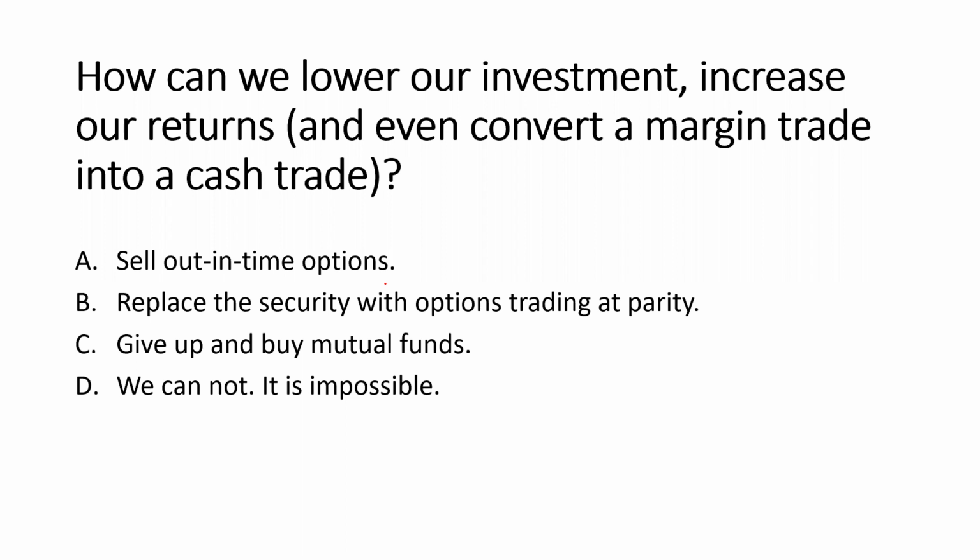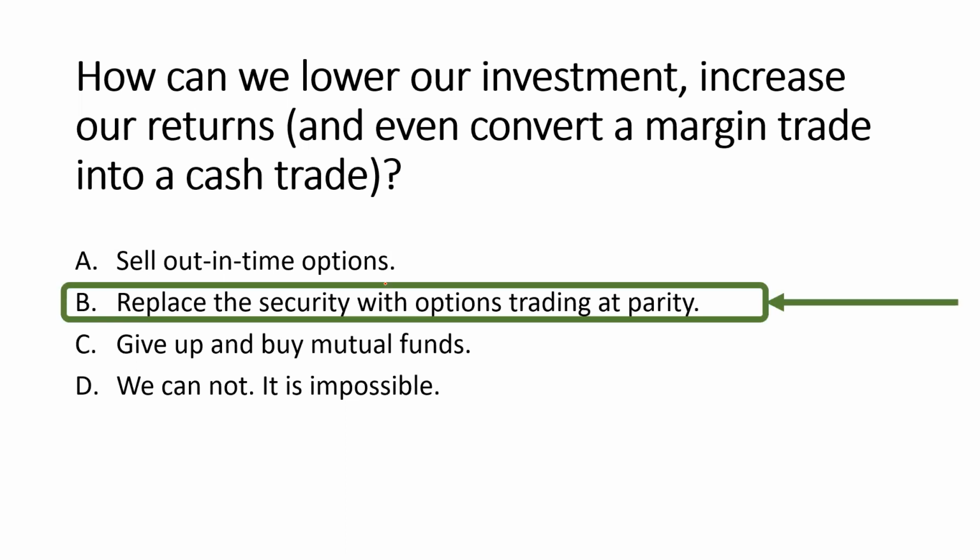Okay, I see some answers coming in on the chat section. I don't want to sell out-of-the-money options. The reason why I don't want to sell out-of-the-money options is because when I sell an option, I get put under an obligation to the buyer. That's what I get for getting that little bit of instant dividend, is I have to be put under an obligation till the expiration date. And the payback for selling out-of-the-money options versus the amount of time I'm under that obligation is not worth it, right? I get added another 30 days or whatever, and I don't get much more incremental income out of selling out-of-the-money options. No, if you answered B, you're absolutely right.